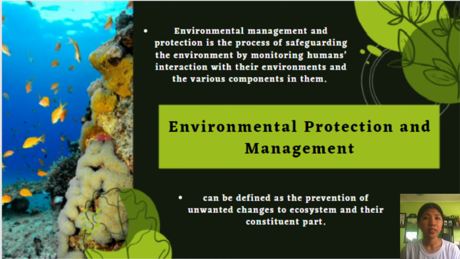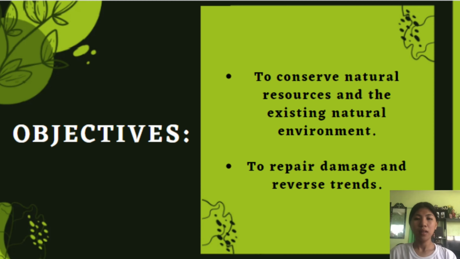And to further discuss or explain, let's see the other slide. Objectives of environmental protection and management. First, we have to conserve natural resources and the existing natural environment. Conservation of natural resources is essential to protecting the existing natural environment and its ecosystem. It is important to protect and preserve the environment by reducing the use of natural resources and limiting human